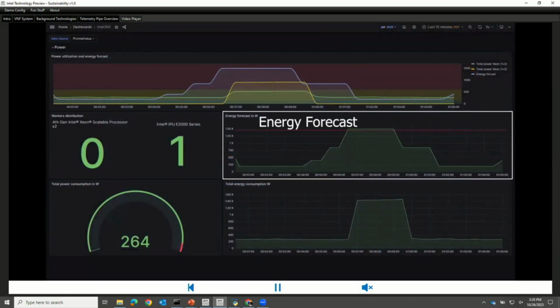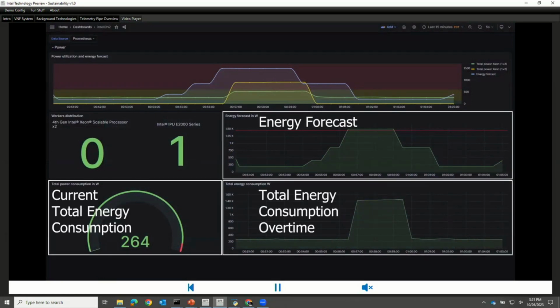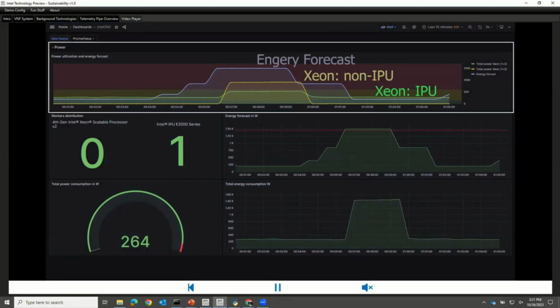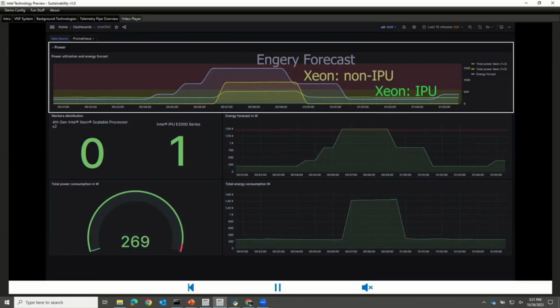So on this one, we're going to go based off an energy forecast. So at 1400 watts, if our forecast is at 1400 watts, and that's when the bar is all the way up the top up there, we're going to run at full speed. We're going to have both Xeon systems up and running. Right now, it's down on the lower section. So the energy forecast is well below. It's like at 250. So we're running one pod container on